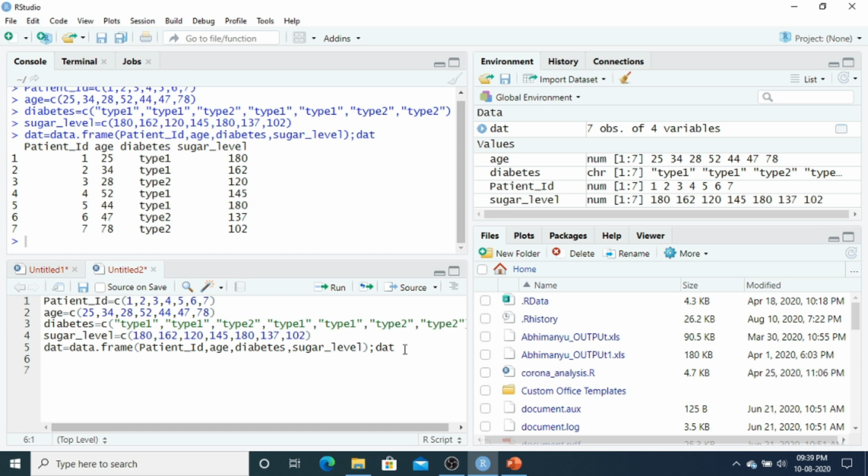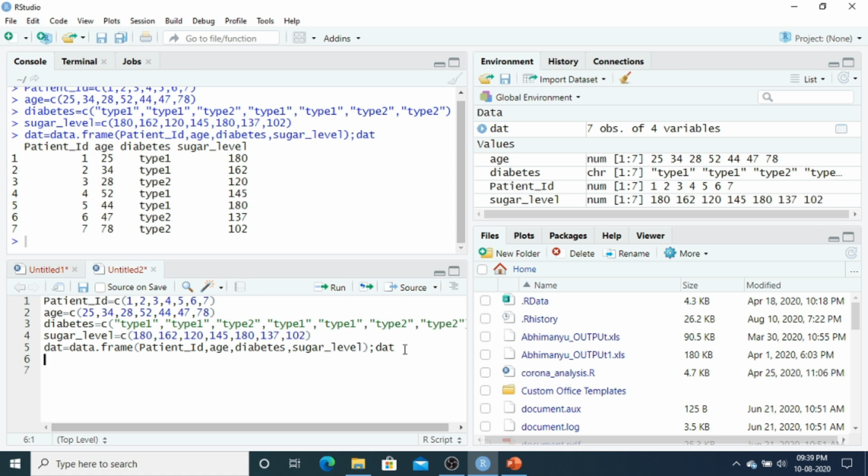When you have large scale data, usually in the form of Excel, or an SPSS file, or Stata file, or CSV file, or text file, in that scenario you want to import your data into R. So besides this way of entering your data, you must know how you can import data.